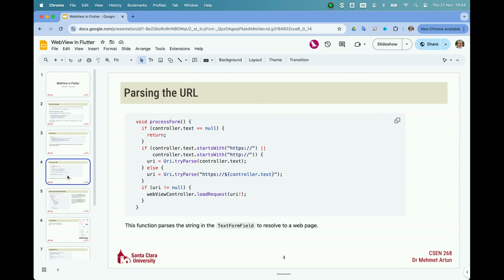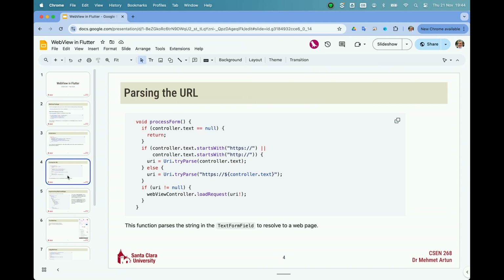If not, then I'm adding an HTTPS in front of it, and then I'm trying to parse it. So the try parse is relatively new. It exists in a number of types, like double, int, and so on. So the try parse is something that you should know about in Dart, which